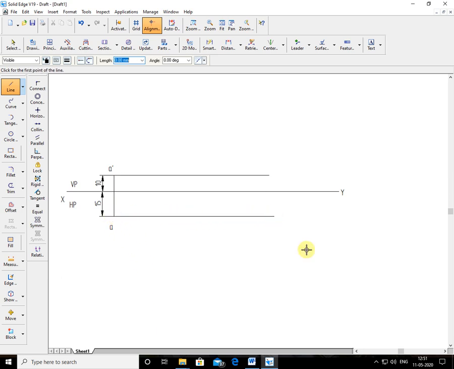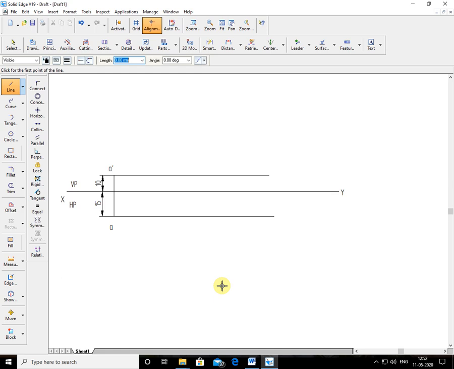I hope you are okay. Then afterwards you have to locate the true length first, and then locate the true length in the VP also, and in the HP also. Then you have to find out the top view and front view of the line. But as I told you in the class, I hope you remember, when you solve problems on lines, always search for the locus of the other end of the line in VP, as well as the locus of the A end of the line in HP. That is the first step you have to find out. That is the basic step of problems on lines.